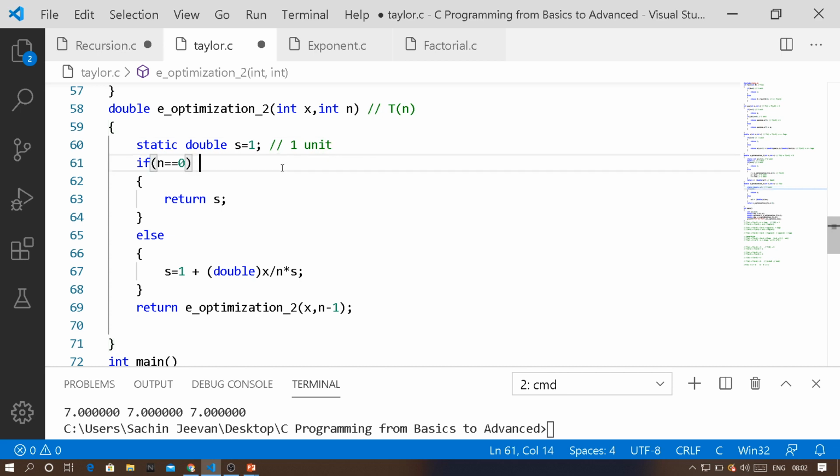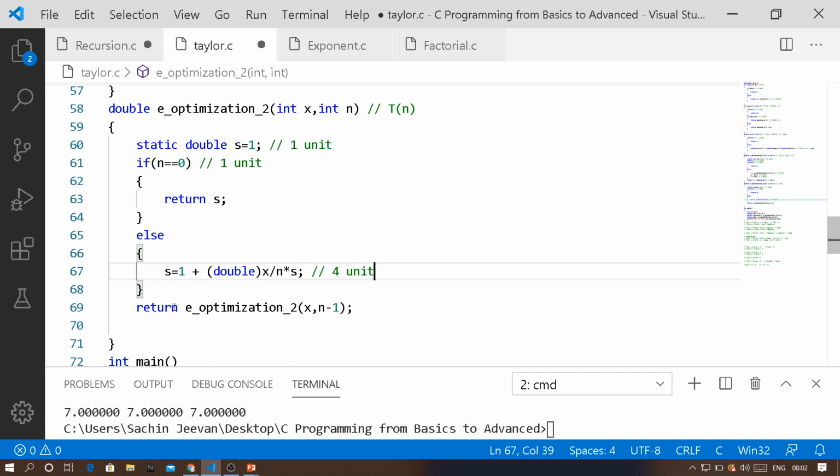Now coming to this if condition, checking this condition will take 1 unit of time. We know very well either the body part of if will be executed or the body part of else will be executed. Let us go to the else part because it has the highest probability of taking more time. How much time this will take depends on the operations: addition, typecasting, division, multiplication. So 1, 2, 3, 4. So 4 units of time will be taken by this expression we have written.